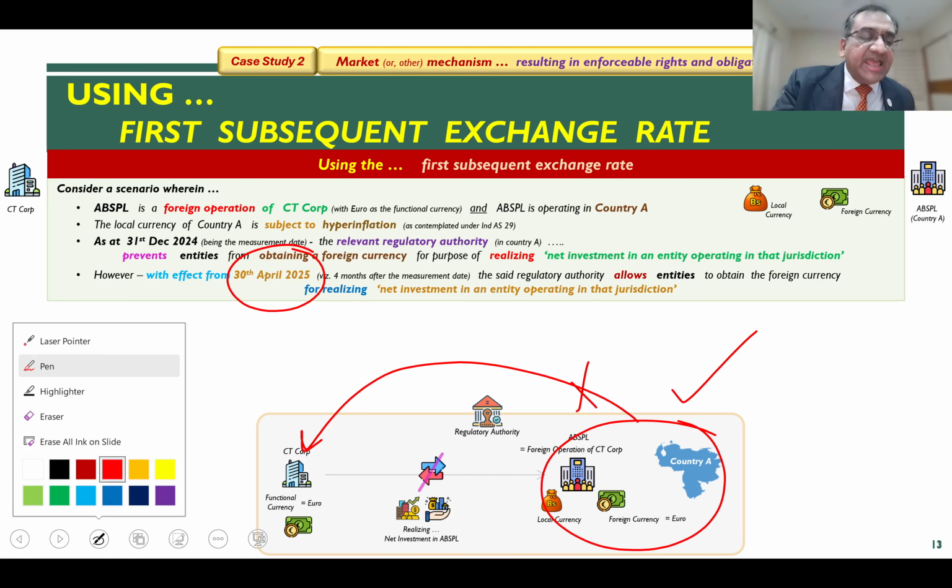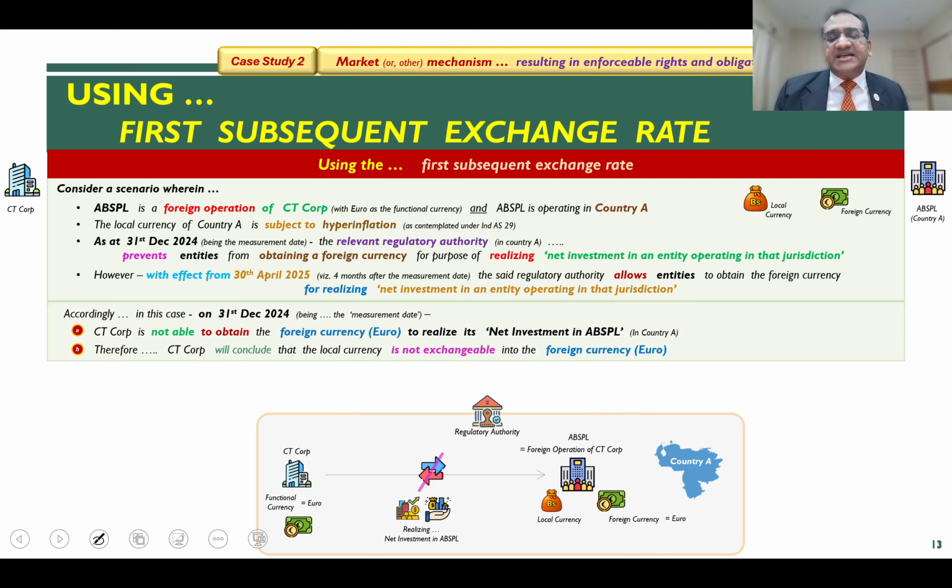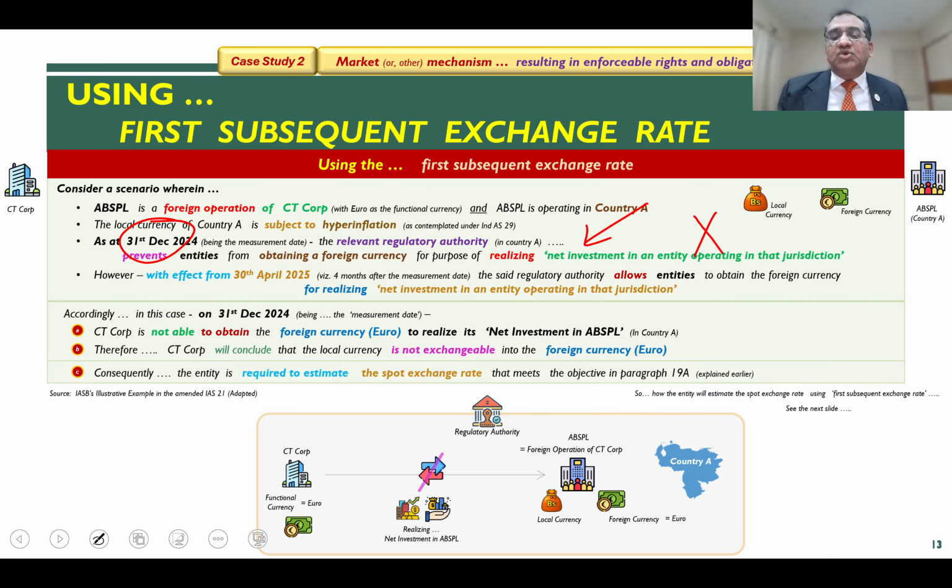Now, clearly, given this fact pattern, as of 31st of December, exchangeability doesn't exist. Because for the purpose for which the foreign exchange was needed as on 31st of December, that is realizing net investment, that doesn't exist. So therefore, you have to move to step 2 to estimate it, because step 1 fails. So how do you go about applying step 2? Now you have to look at